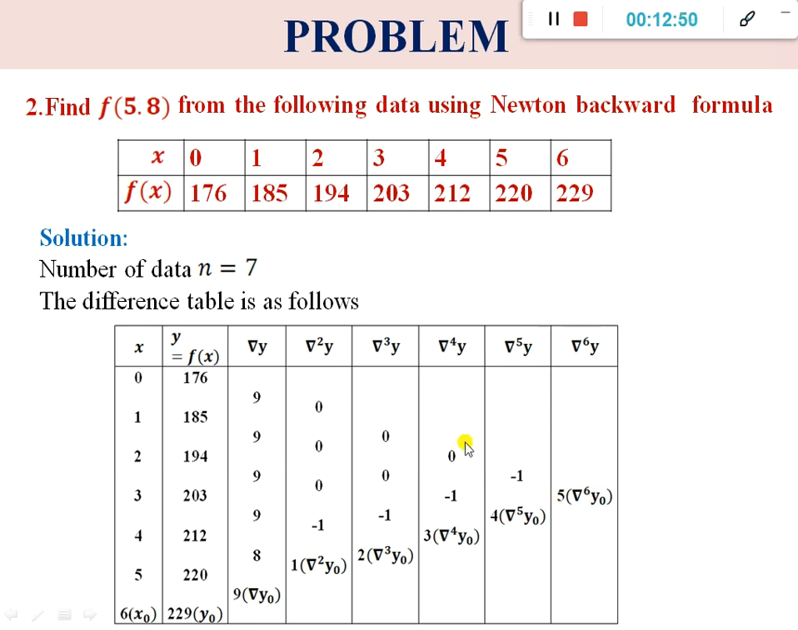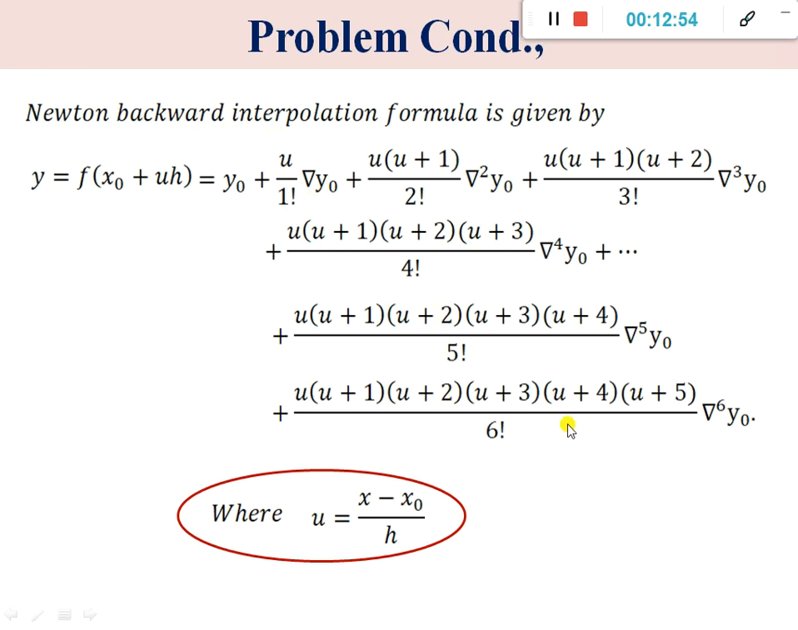We need to develop the formula up to the 6th term. So look at the formula. Newton's backward interpolation formula: y is equal to y naught plus u by 1 factorial delta y naught plus u into u plus 1 by 2 factorial delta square y naught plus u into u plus 1 into u plus 2 by 3 factorial into delta cube y naught